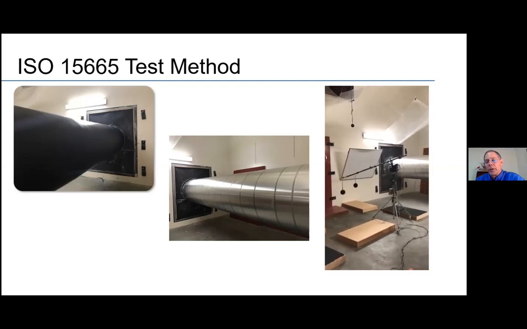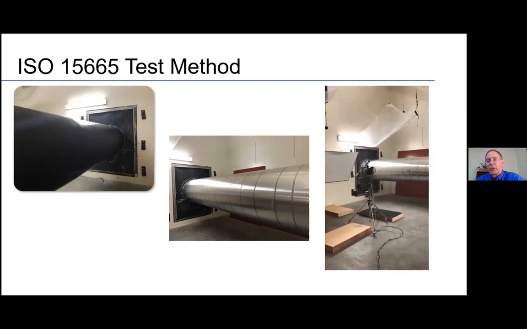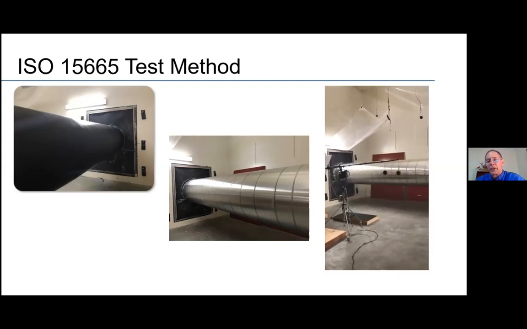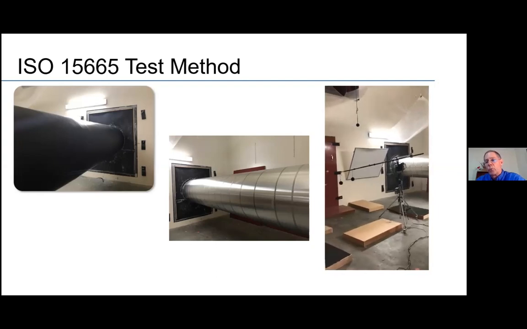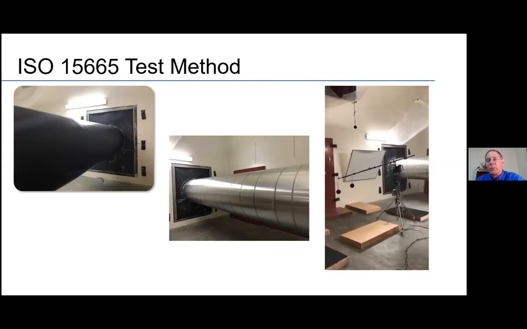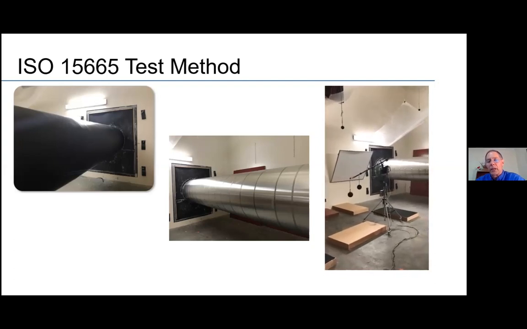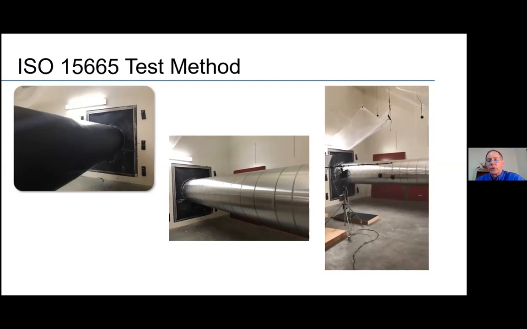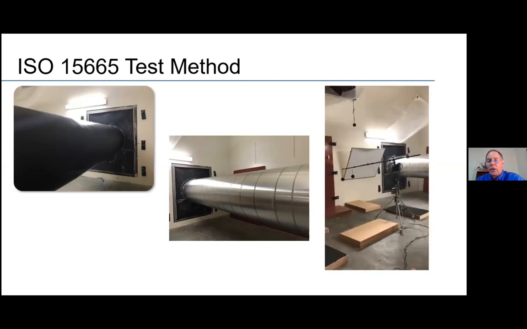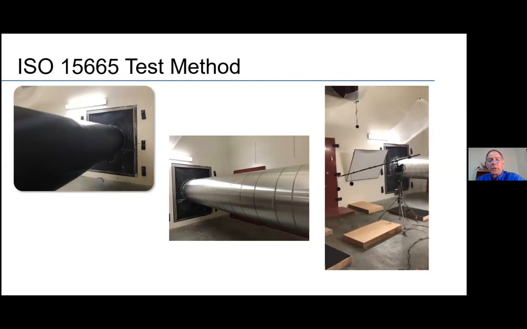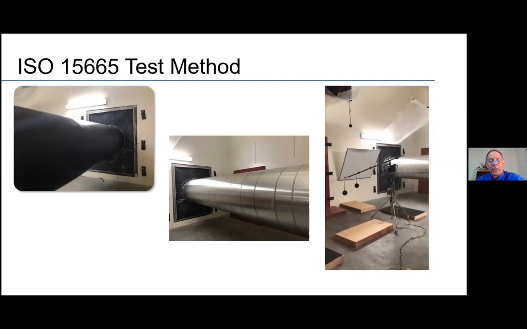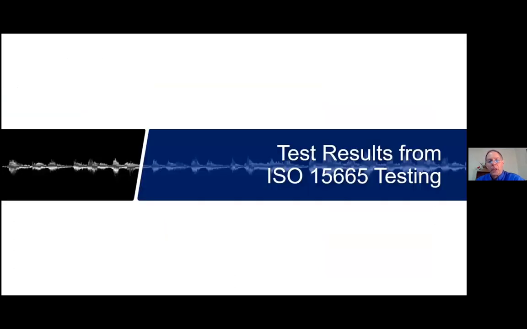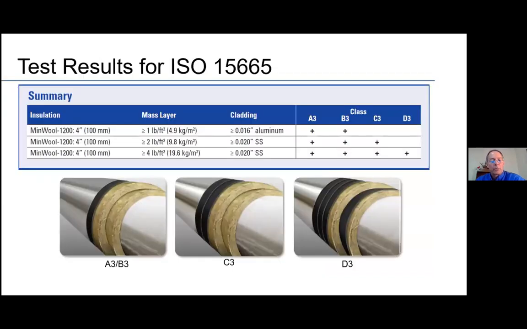So again, you don't want the microphones getting caught in a standing wave that might occur within the room, though you see those same diffusing vanes hanging from the ceiling to try to prevent it. You also see the very angled wall and ceiling shape to the room, so that you don't have direct reflection paths opposing each other. But basically within the ISO standard, you do very similar to the ASTM test. You measure the noise level with no treatment on the pipe. You measure it again with the full treatment on the pipe, and the difference between the two is your insertion loss performance. So let's take a quick look at performance results.